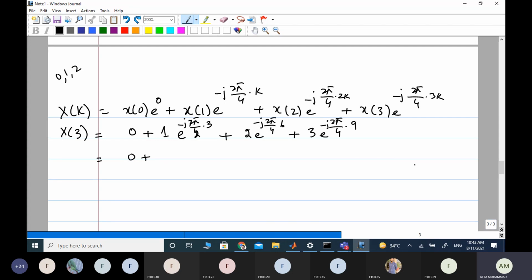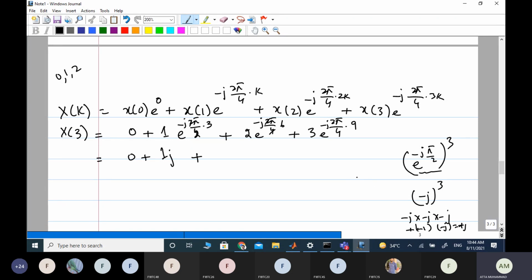Okay, so e to the power minus jπ by 2 whole power 3. What does this value give us? Minus j, and we have a cube on minus j. So minus j times minus j times minus j. Minus into minus is plus, j square. j square is minus 1, and it is multiplied by minus j. This is plus j. So we were on the verge to make a blunder, but we saved ourselves. Okay. Now I don't want to take risk here as well.